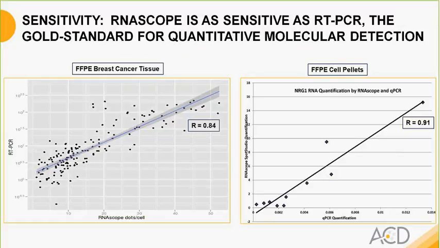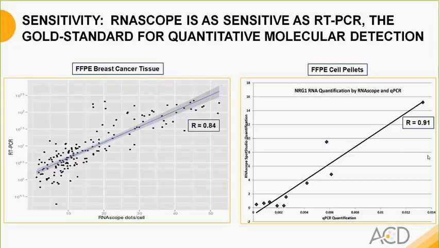In comparison to RT-PCR, RNAscope shows a similar sensitivity and limit of detection. In the two panels shown here, starting with the experiments highlighted by the figure on the left, which looks at the expression of HER2 in a spectrum of breast cancer tissues, the number of dots per cell, shown on the x-axis, was highly correlated with transcript levels, shown on the y-axis, as determined by reverse